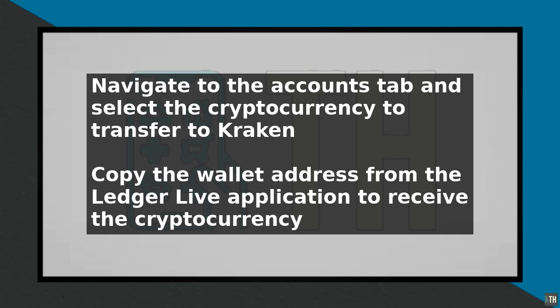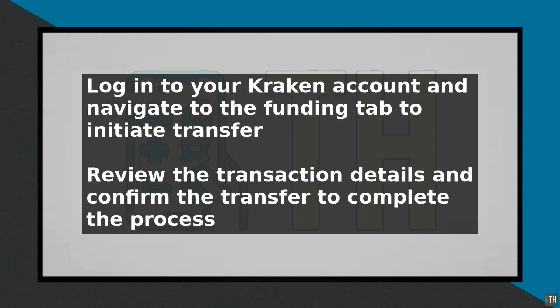Review the transaction details, including the amount, address, and fee, to ensure everything is correct. Once you have verified the transaction details, confirm the transfer. The transfer process may take some time, depending on the blockchain network congestion. You can track the status of the transfer in the Ledger Live application or on the Kraken website. After the transfer is complete, your cryptocurrency will be available in your Kraken account, and you can use it for